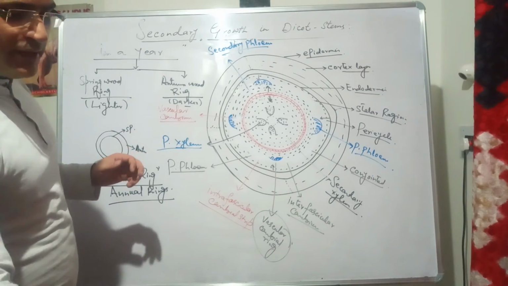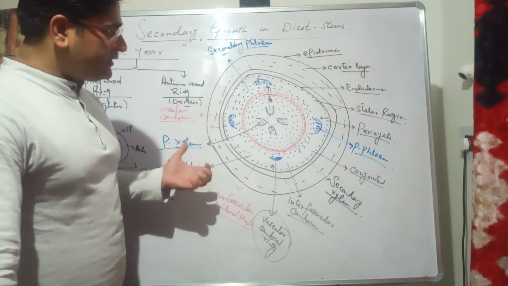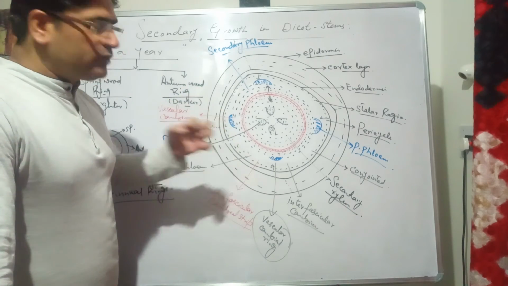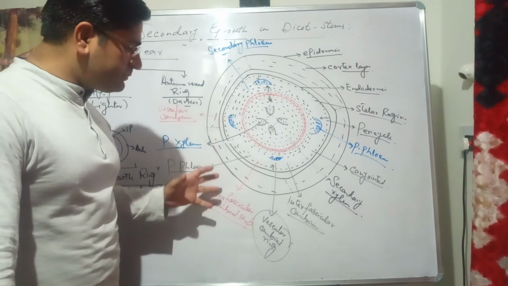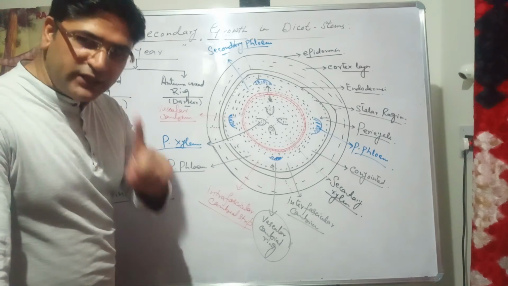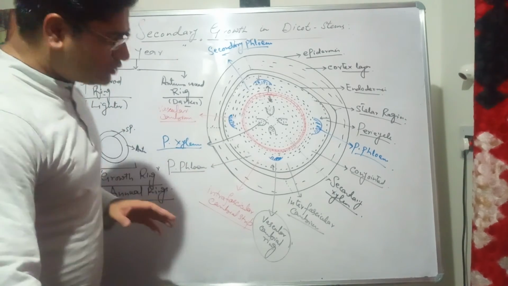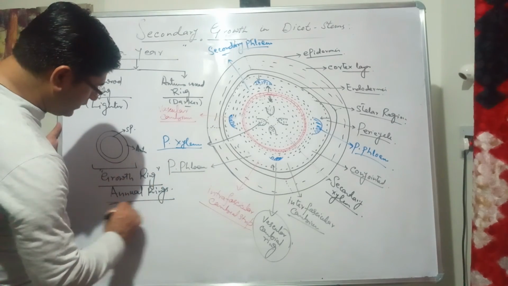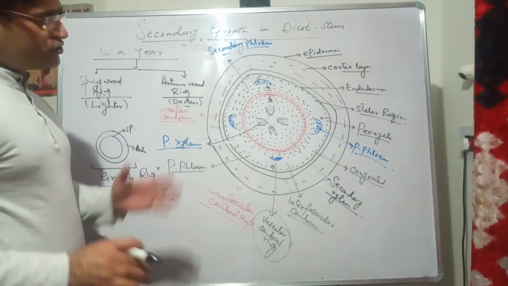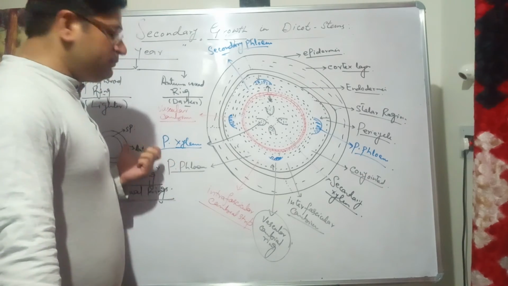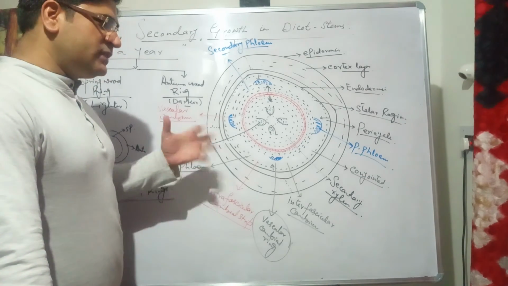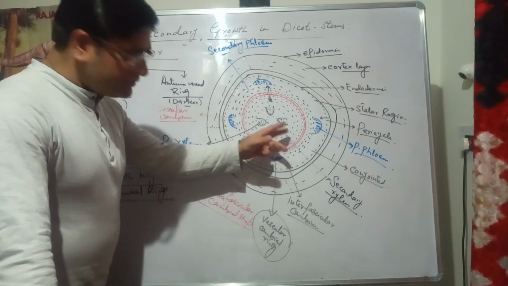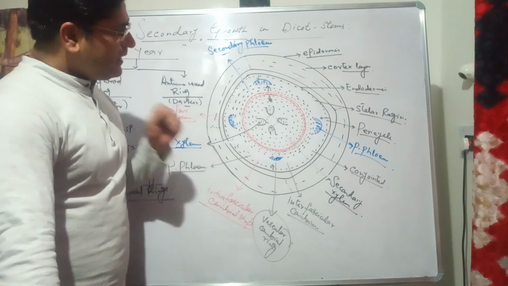So vascular cambium has more activity in the spring season and the autumn season, and accordingly two types of woods are formed, spring wood and autumn wood, in one year, that is the annual ring. So this whole ring, a year, is called the annual ring. So an annual ring is composed of two rings, spring and autumn ring. These are two types of woods formed by the activity of the vascular cambium.